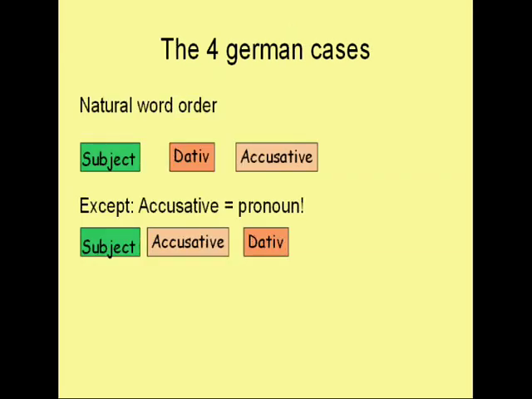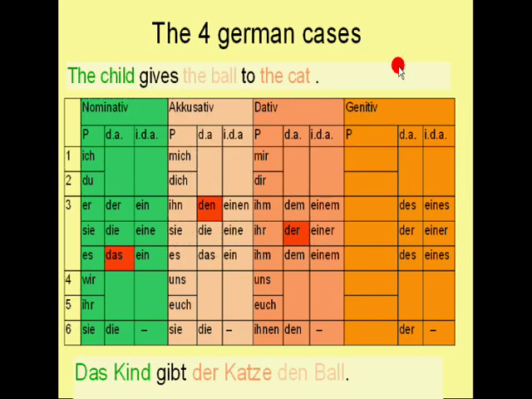Now, as you learned, the natural word order in German is subject, dative and accusative. But there's a little exception, and that exception is if the accusative is a pronoun. Let me demonstrate this to you with an example. Here we have the sentence, the child gives the ball to the cat, right? Subject, accusative, dative. And in German switched. Das Kind gibt der Katze den Ball. Subject, dative, accusative. Right? And now, if we replace the ball with the accusative pronoun,